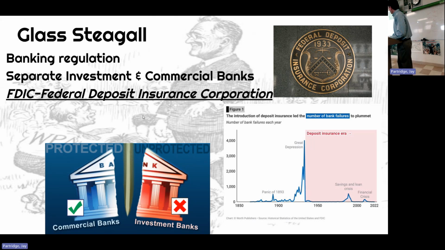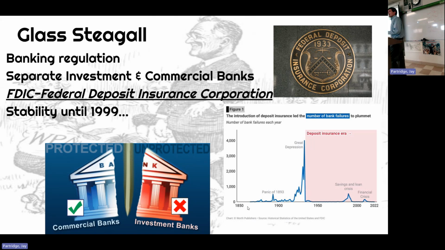Okay, moving on. In 1999, all that stability of the banking system went away. Glass-Steagall was overturned. Why? Well, they said we don't need it anymore. Investment banks and commercial banks were unified. And how soon do you suppose it would take them to crash the banking system? Less than a decade. That's pretty impressive. Less than a decade to destroy the entire financial system.